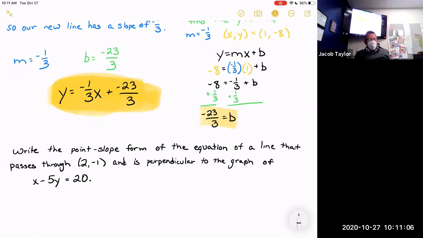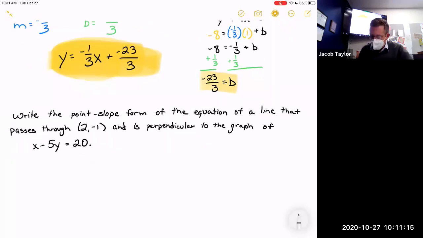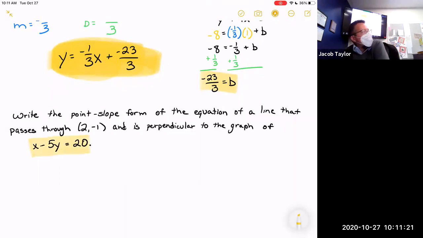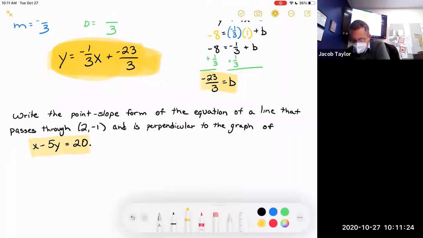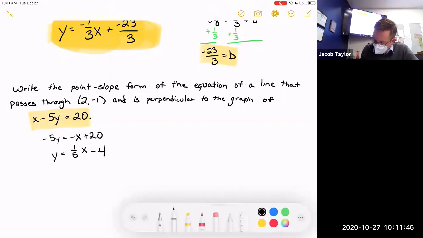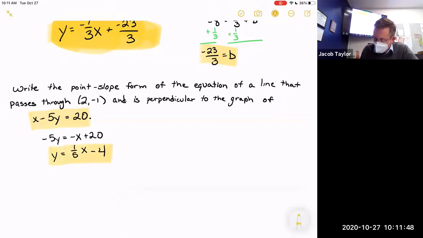Okay, so again, in order to find the equation of a line in point slope form in this case, I still need the slope. So I'd like to be able to take this equation that I was given and find the slope. There's a couple of ways to do that, but there's only one that will not crush your soul, and that is to put this into slope-intercept form. At this point, you should be relatively familiar with putting things into slope-intercept form. We would subtract the x on both sides and then divide everything by -5. So there's the slope of the line that I was given,